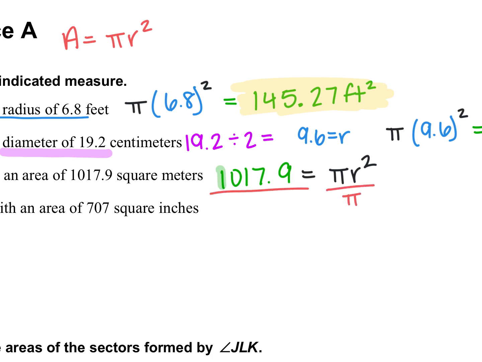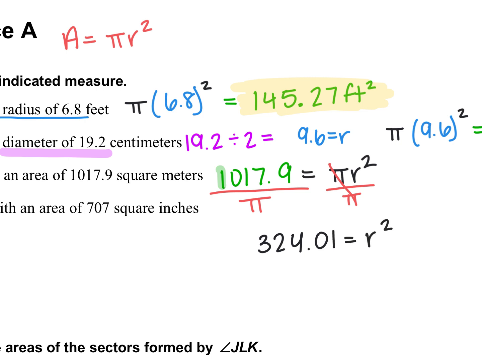And this is the point where if you have your calculator, this is when you should be using it. We are not leaving it in terms of pi. So on your calculator, you're going to do 1017.9 divided by, the pi button is in the first column, I think 4 down. Okay, so it's the first column of your calculator, and then it's 4 buttons down. Click the pi button and then click enter. If you plugged it in correctly, you should have had 324.01